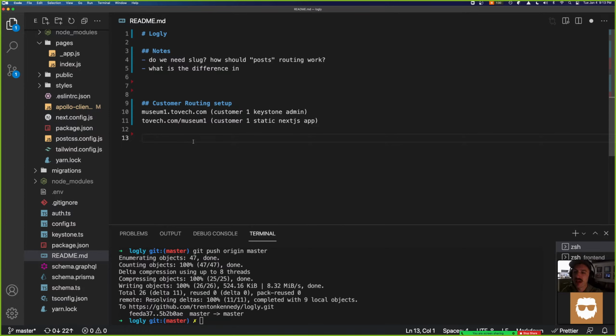But here's the thing. I've got museum1.tovek.com hosted on Railway, and then tovek.com/museum1 is hosted on Vercel. So what we need to figure out how to do is, every time a customer signs up, it would be museum2.tovek.com and then tovek.com/museum2.